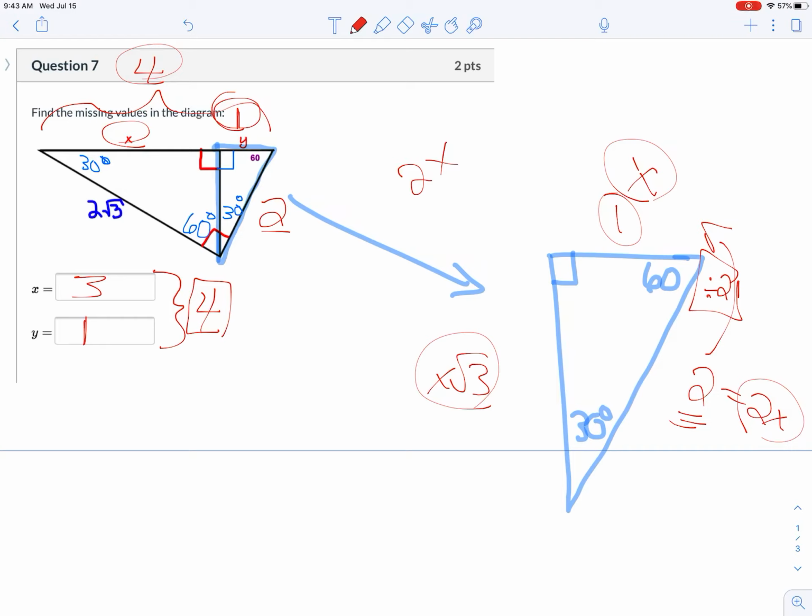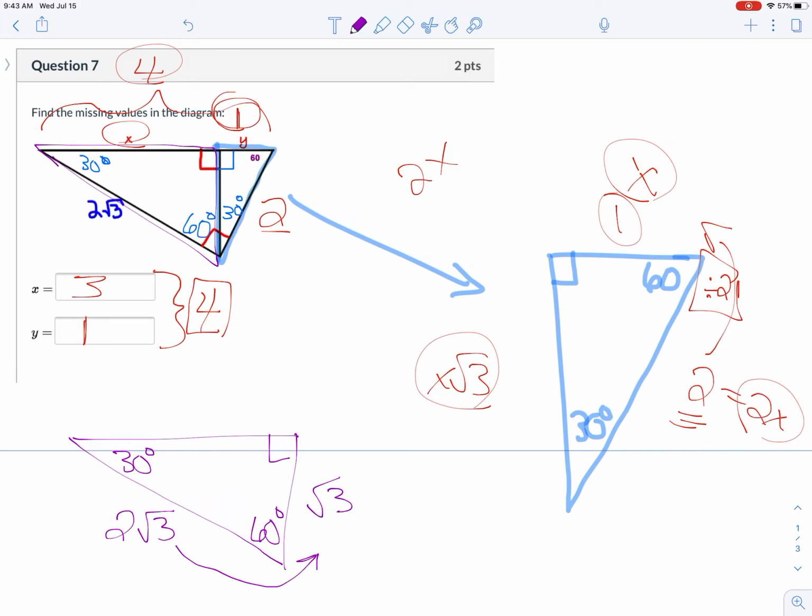Let's just double check. Since you've been watching this long, might as well stick around and double check. I'm going to take this triangle here and double check to see that if this is 2 radical 3 and this is a 60, 30 right triangle, then going back this way, that's going to be radical 3 because I divided by 2. And then to get to the long side, I multiply by radical 3. Radical 3 times radical 3 equals radical 9, or 3. Get out. x equals 3, y equals